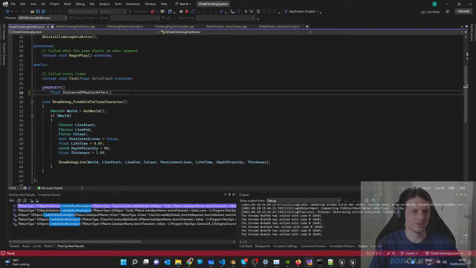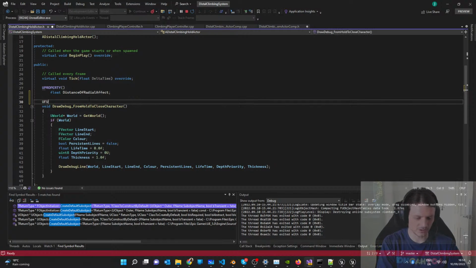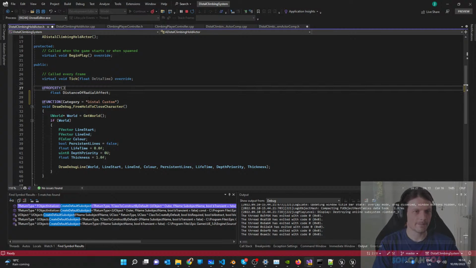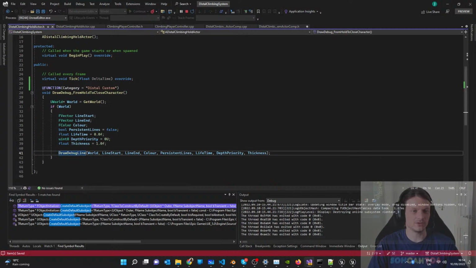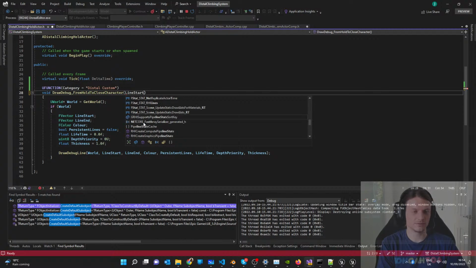So if I just knock this out like that, UFUNCTION category, like this, and this needs to go now because that's been replaced, hasn't it? Moved. And this should draw, and I think now as well we can say from line start,